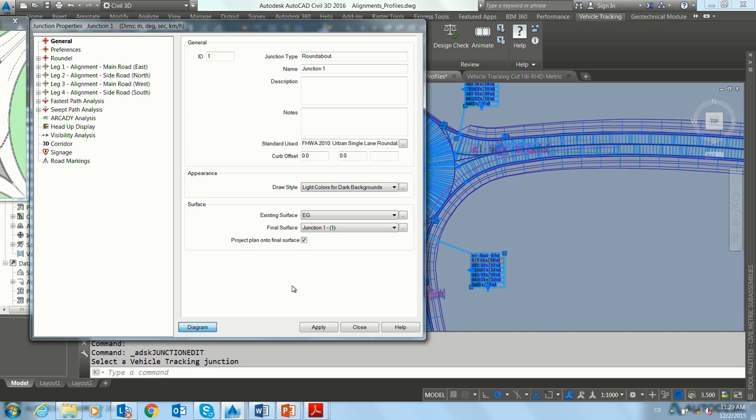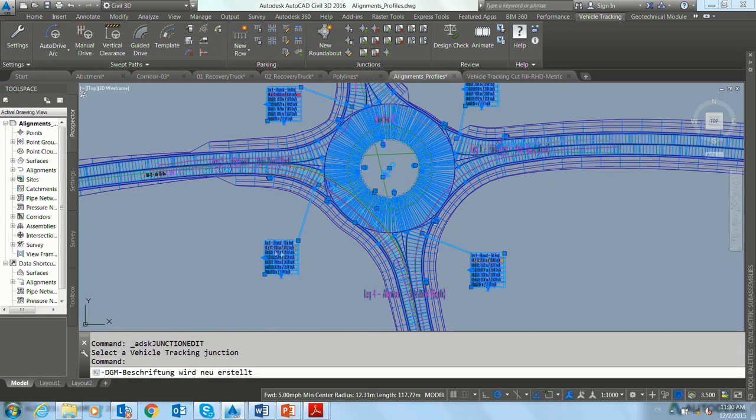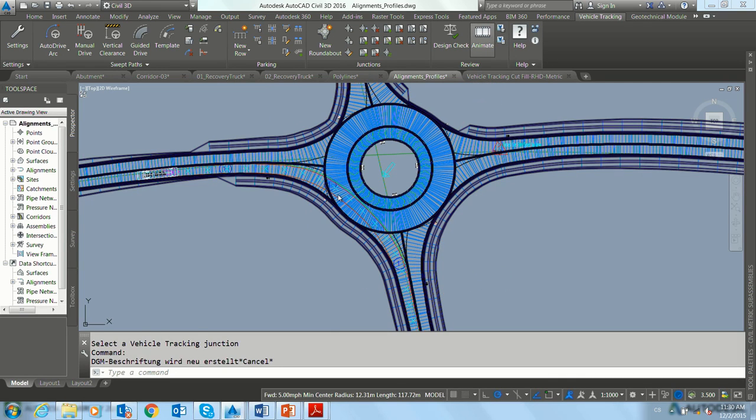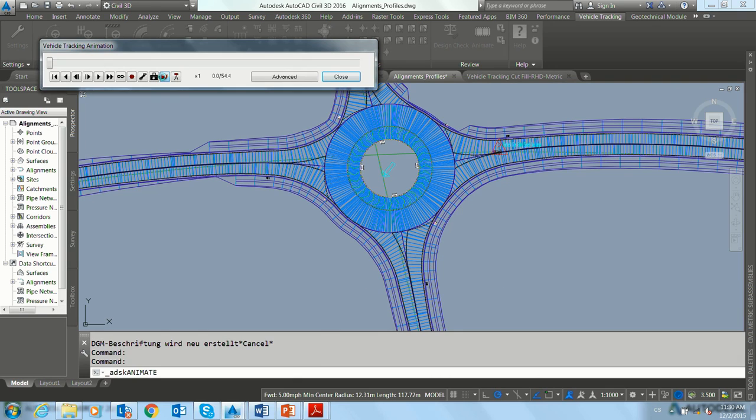Because, of course, the process is, first you have to create the corridor, from the corridor you have to create the surface, and then you can bring this stuff on the top of this surface. And then you are ready to go, and everything is in 3D, and if you go to make an animation, whatever, you can do this. And of course, you can use what we did in the previous exercises. You can bring this recovery truck, for example, these nice 3D vehicles to be driven on the top of this surface. So then if you go to animate, if you go to 3D, it will take a